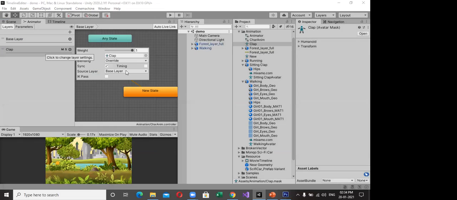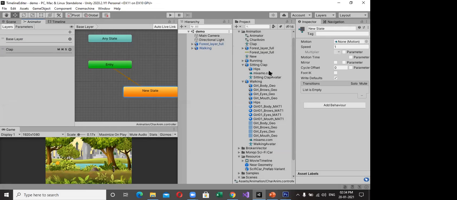Check it right now. Oh, the second animation has no motion, so I change it. Sitting and clap, I change it. Now that animation will be affected, so a walk and clap animation will play.